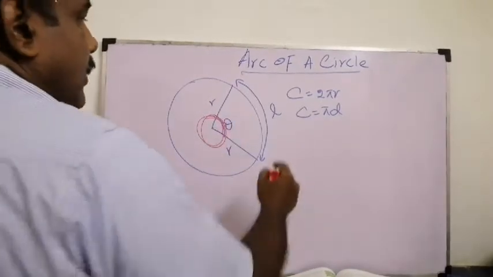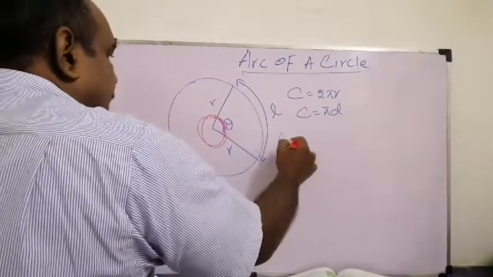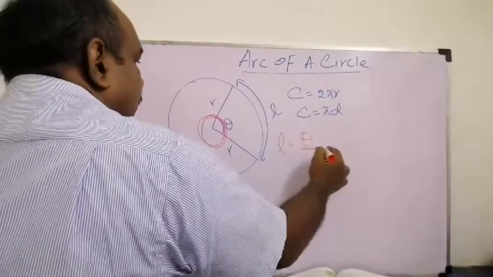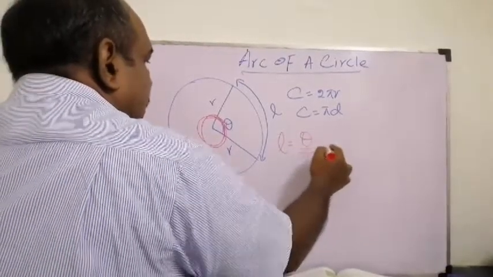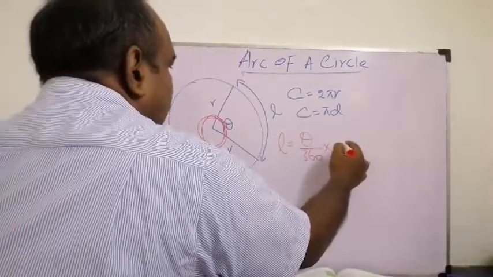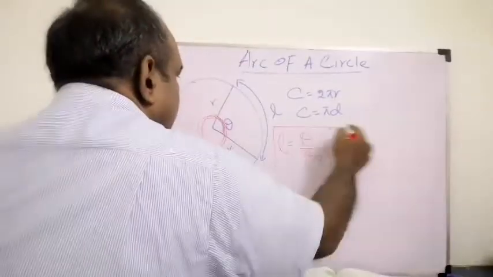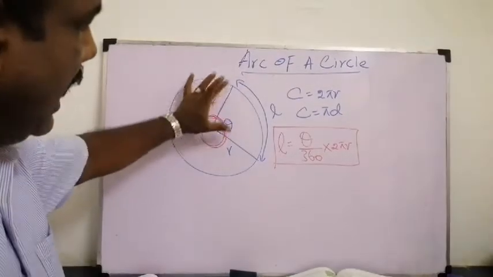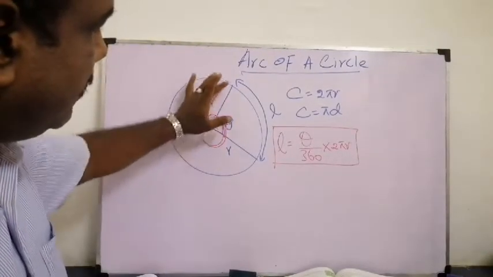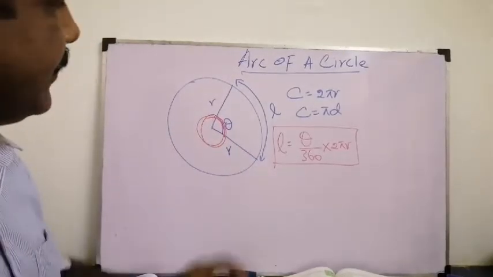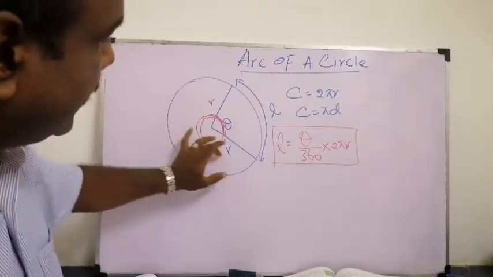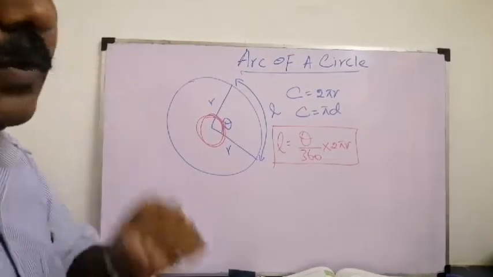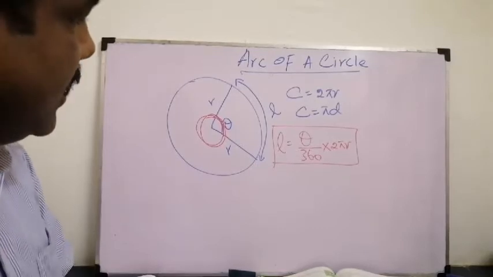So what we are going to do, the arc length L is going to be this particular angle of the arc divided by 360 multiplied by 2 pi r. The value of the angle bisected by 2 radii, divided by 360, multiplied by 2 times pi times r. Okay, so